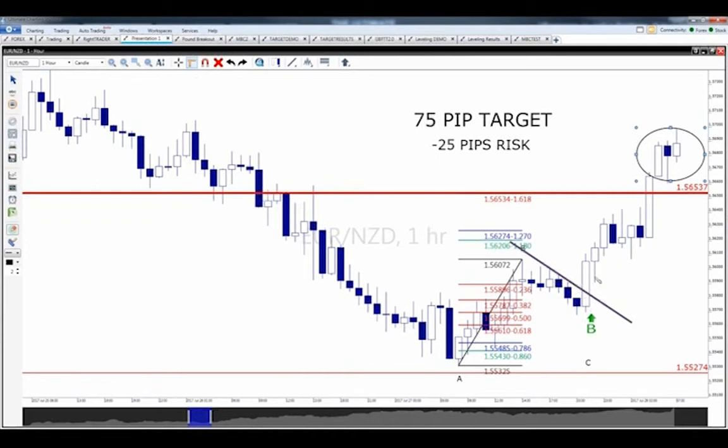Well, if we got in right here and sold over here, we made those 75 pips in 7 hours. 75 pips on a standard lot, that's $750 in about 7 hours time. I'll take those trades all day long, every day. So what do we do next? Well, we look for our next opportunity.